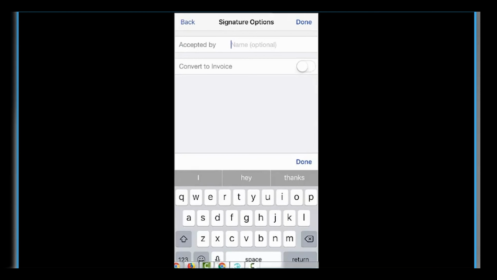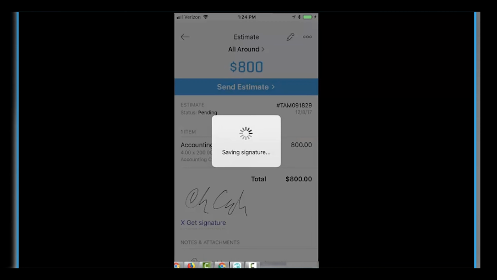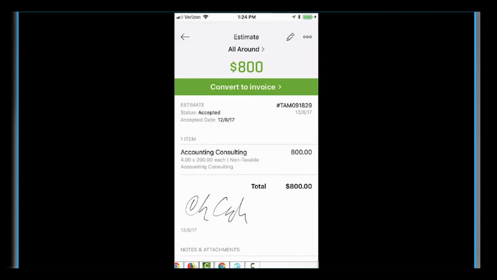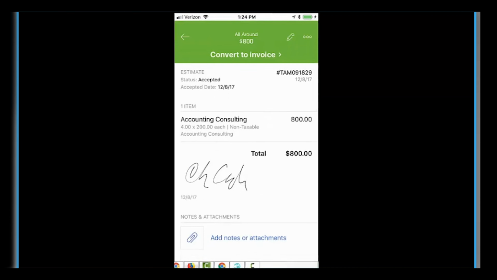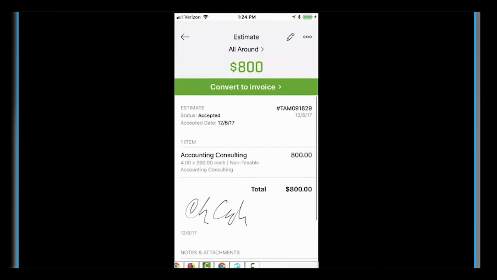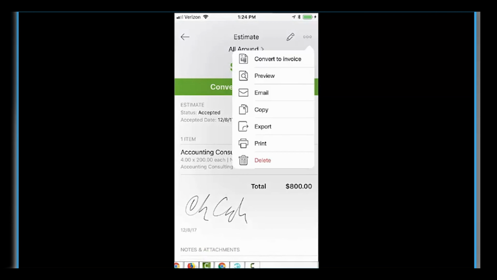I can't really do that inside, and I can choose who accepted by or convert to invoice or whatever. So now I have the saving signature. I always thought that was kind of nifty. And of course you can convert it to an invoice from here. You can also add documents. I could go add an attachment or notes if I will, the edit icon, and then you have, again,